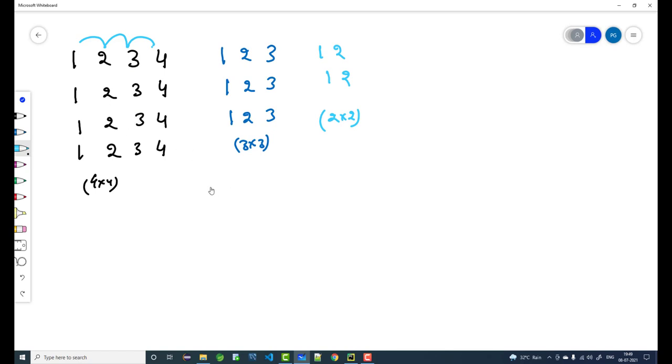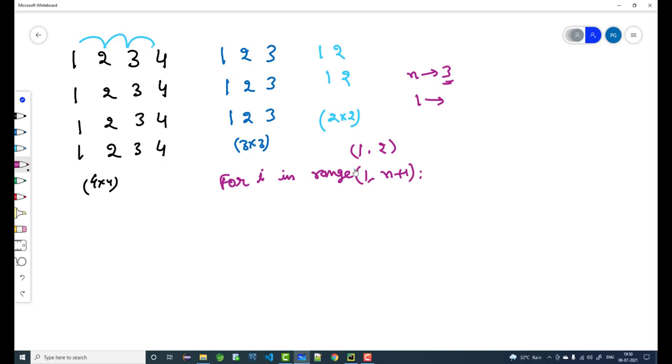Now if we take two loops, one for rows and one for columns, then how will it look? It will look like, let's say, for i in range of, and this range let us start with 1 till the number of rows. Let's say we are taking user input as 3, so let's do 1 comma n plus 1, because this range function, if n is equal to 3, will consider only 1 comma 2, right?